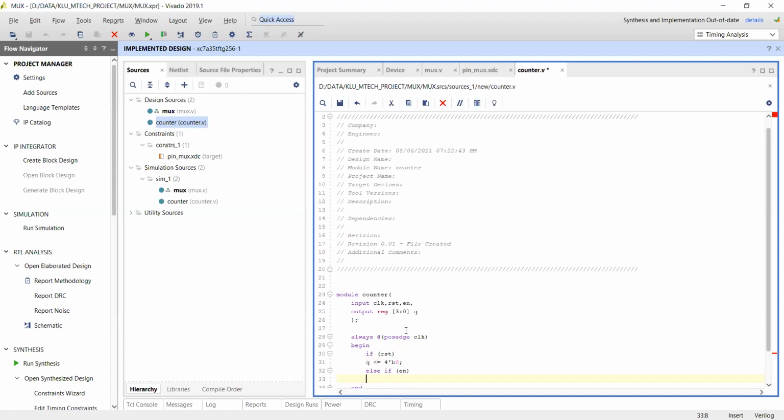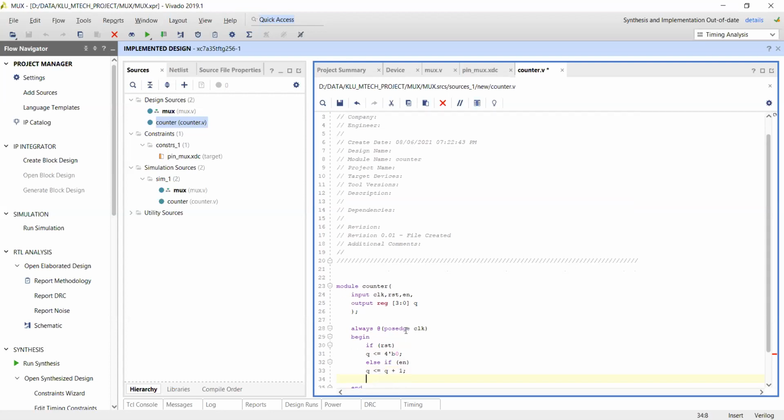If reset is 0 and enable is high, then you are performing Q equals Q plus 1. That means you are incrementing, going for up counting. 0, add 1, that means 1, again add 1, that means 2, again 3, again 4. Like that, you are increasing the up-counting value.